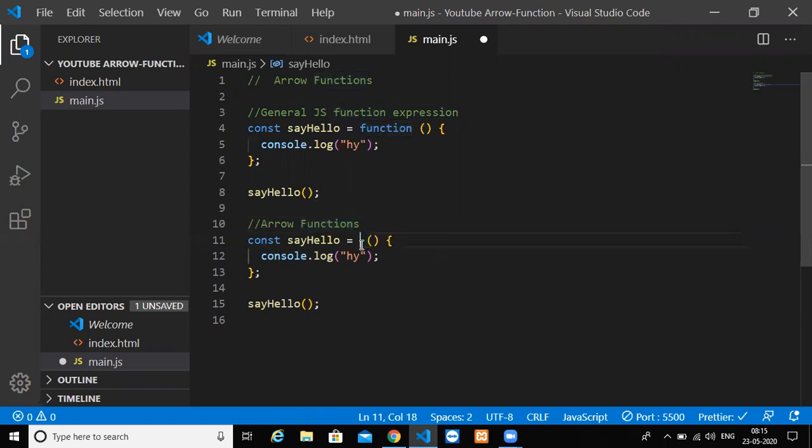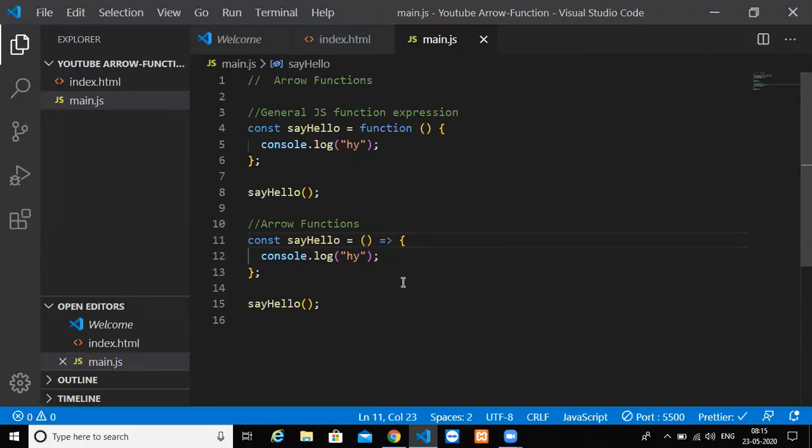We can directly take that away, and after this particular parenthesis, we can add an arrow. The arrow is an equals sign and a greater than sign. So now this is an arrow function.